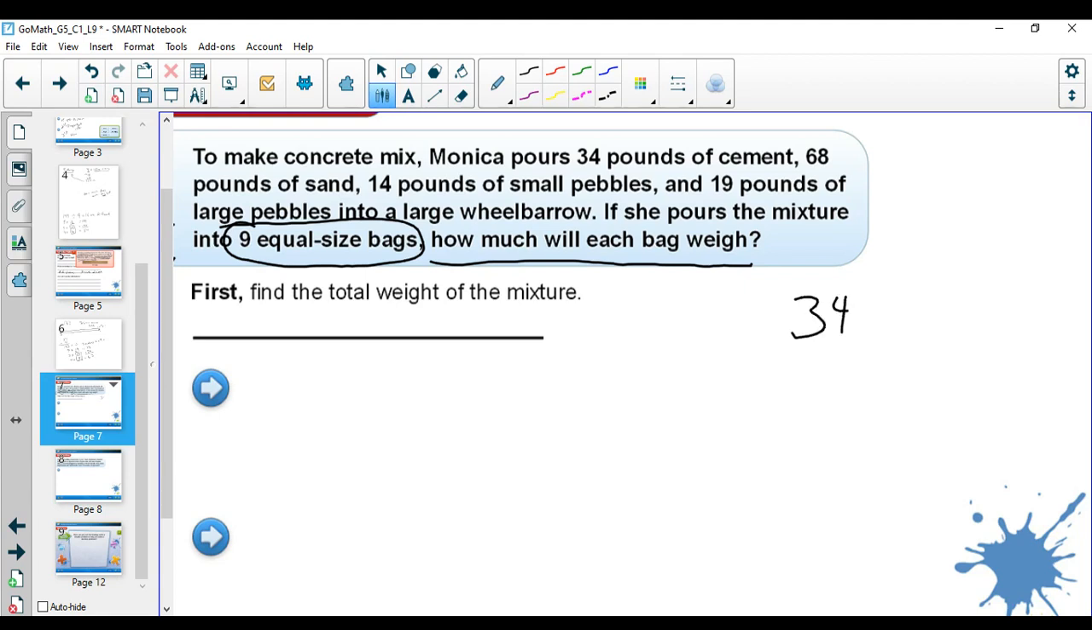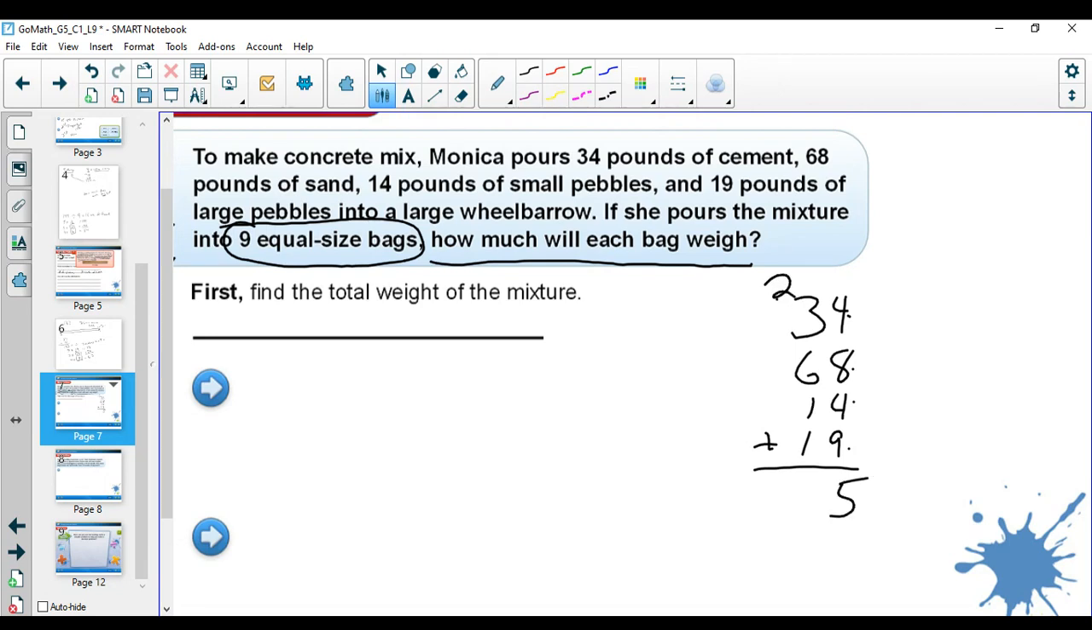So she puts in 34 pounds of cement, 68 pounds of sand, 14 pounds of small pebbles, 19 pounds of large pebbles. So I'm going to add all of that together to find out the total weight of her mixture. So 4 plus 8 plus 4 plus 9. Let's see, 4 and 4 is 8. 8 plus 8 is 16. 16 plus 9 is